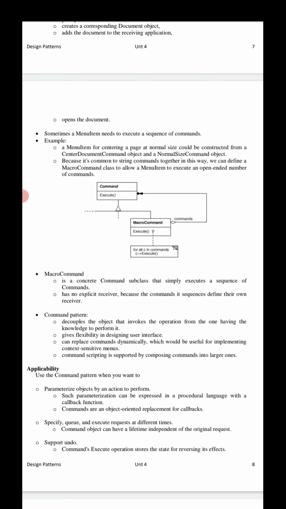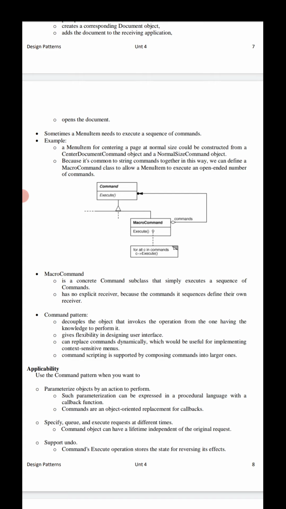In each of these examples, the command pattern decouples the object that invokes the operation from the one that has the knowledge to perform it. This gives us a lot of flexibility when designing our user interface.